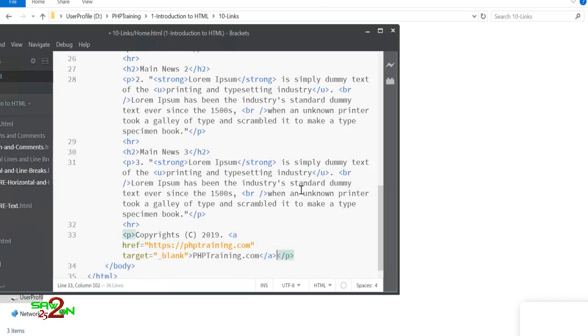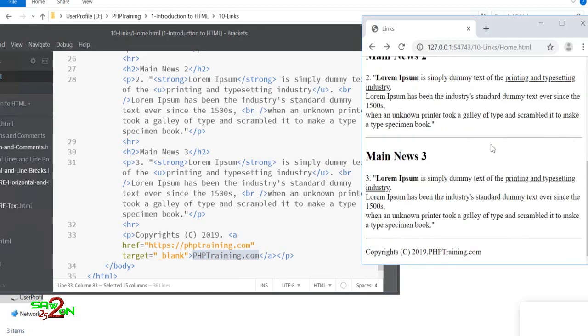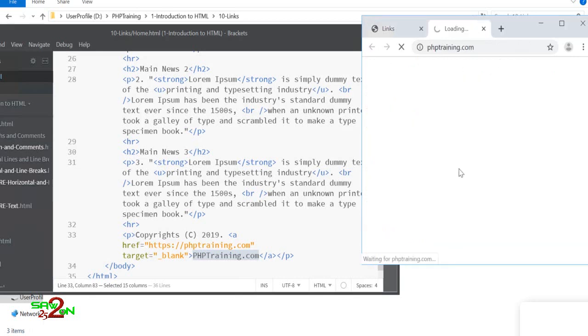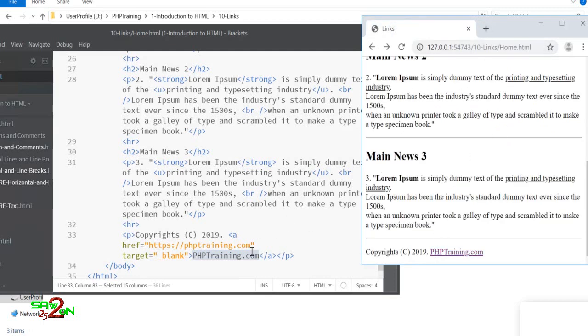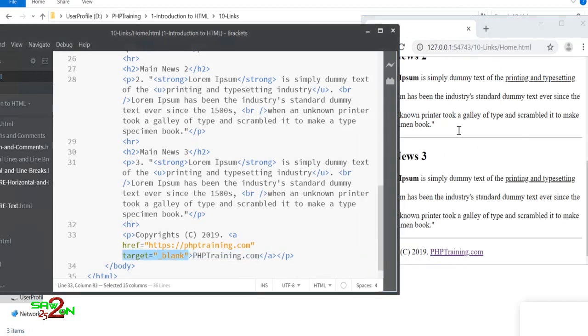Remember, this anchor tag, you have to put the text inside the anchor tag so that this text become the link. Okay, and if you look at the page, just refresh this and this will become a link, right? And when someone clicks this, a new window open and phptraining.com will open now. All right, so this is how you can add a link to your page, and then when someone clicks it, you say _blank